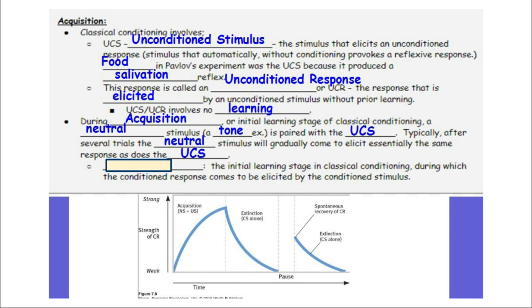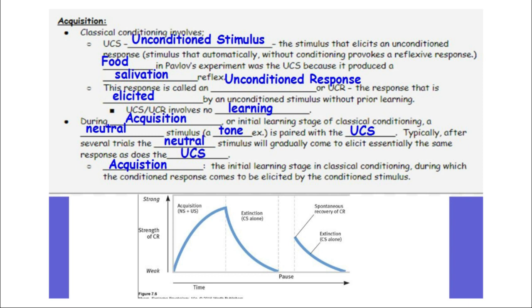So in other words, the tone alone, that neutral stimulus, is eventually going to be just like the food, and it's going to cause that animal to go ahead and salivate. So acquisition is the initial learning stage in classical conditioning, during which the conditioned response comes to be elicited